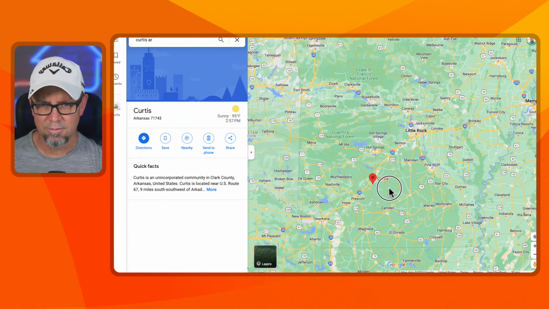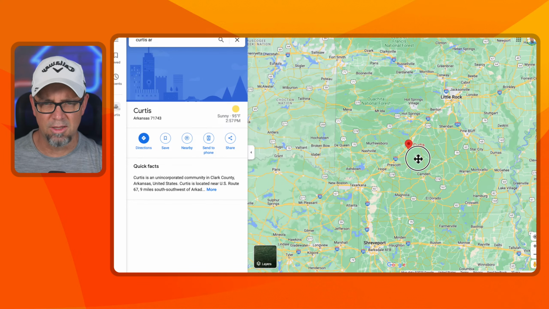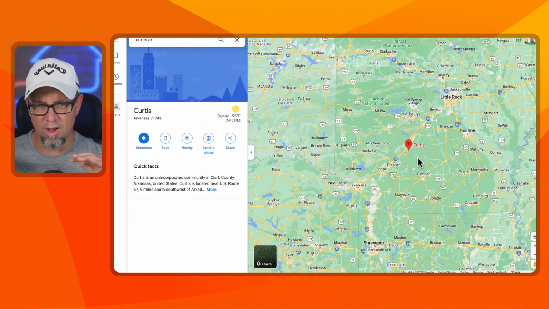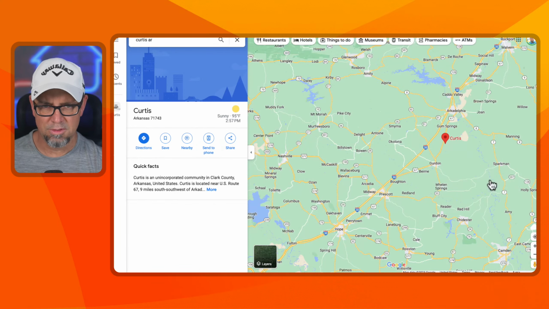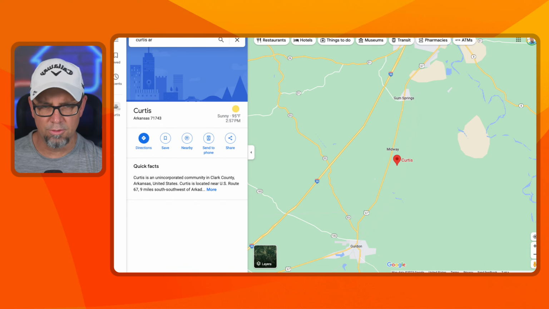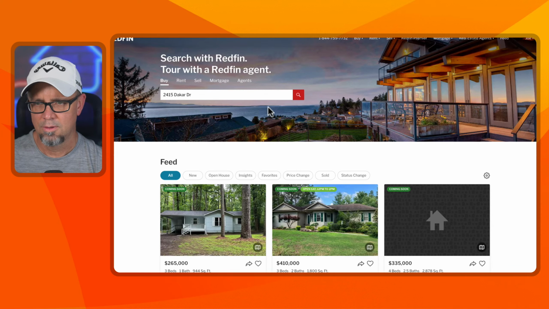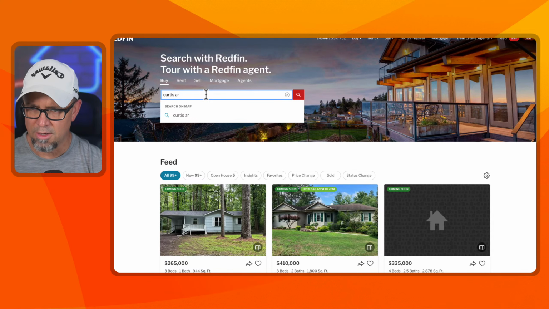That's okay. Sometimes these properties out in the middle of nowhere are the easiest ones to sell, because we can sell them to hunters, campers, people that want to just get off the grid, get away. So this is Curtis, Arkansas. Now, what I want to do is go to Redfin. Let's just see what's going on there right now